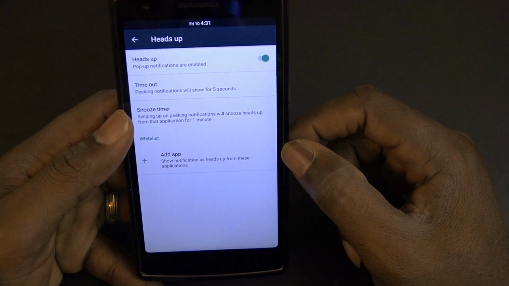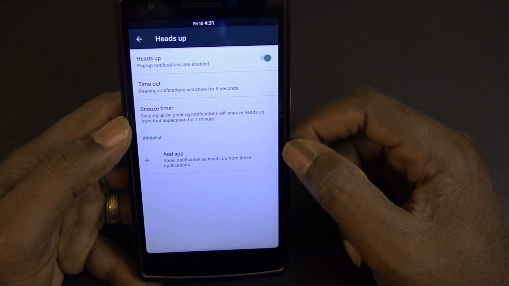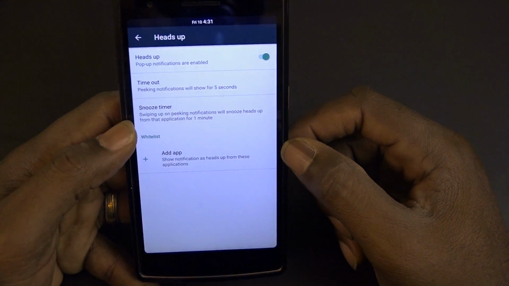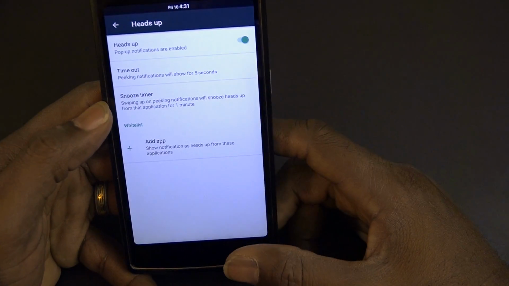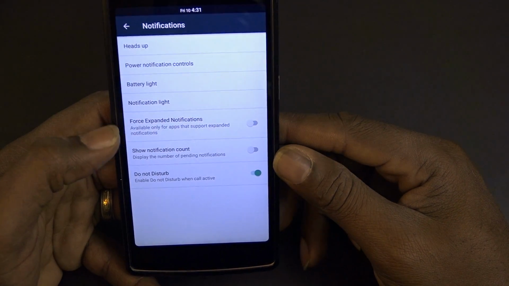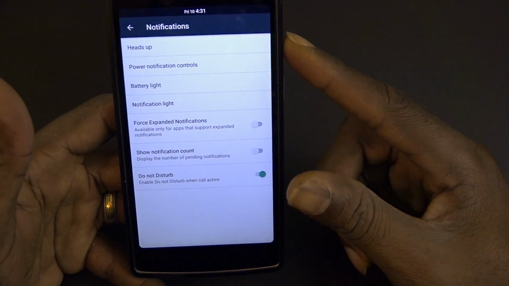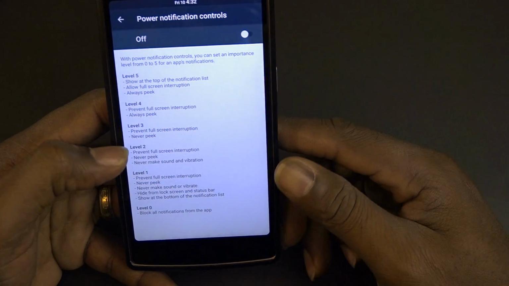Let's see. So maybe there aren't any, and I do have to choose them. I'm not actually sure about that. I haven't tested it out because I have my watch. When I get notified, I don't look at my phone, I look at the watch, right? So I'm gonna have to check that out at a later time. And pretty much very straightforward there. Power notifications, controls, so you can set the